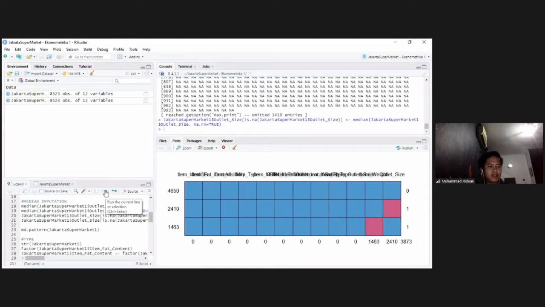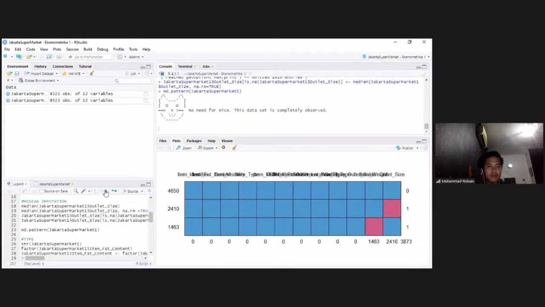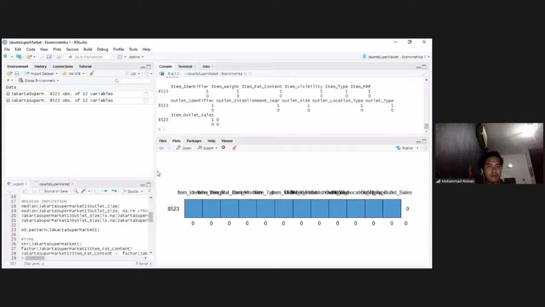After entering the median value, run this command to see if there are still missing values. It turns out that there is no data with missing values. A total of 5681 data is saved.